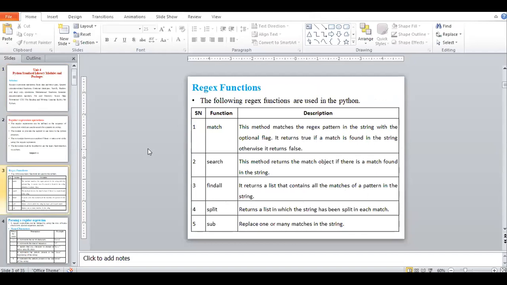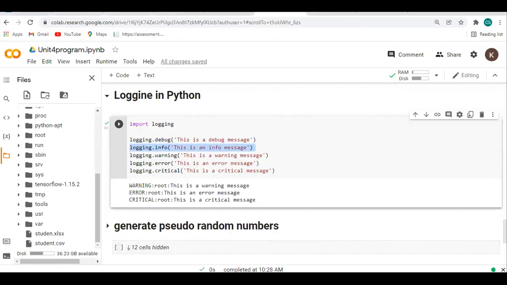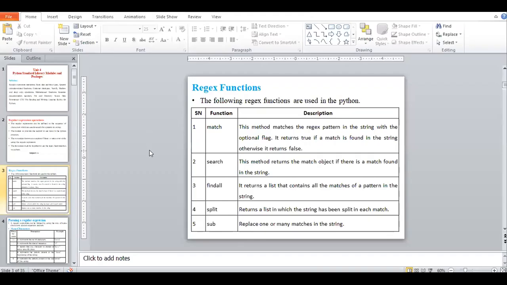Means what? Suppose we write an expression; in that we match the pattern. Like that, we search for the value which we enter in our string or keyword. Findall means the overall string will be displayed. Split means we split my string; suppose I write the program of hello, at that time we split it into parts like LLO, in a different format. So we call it split. And sub means we match the substring in our main program. So these are the points related to regular expressions.